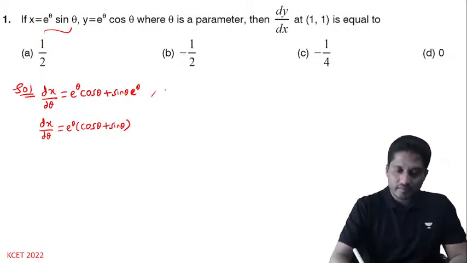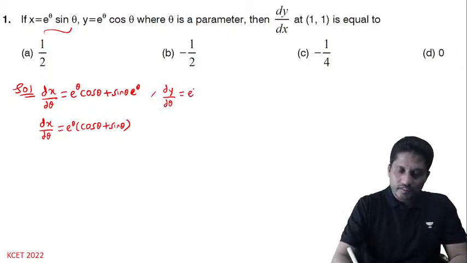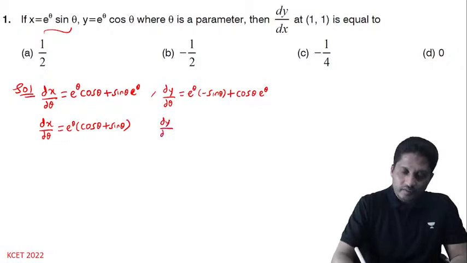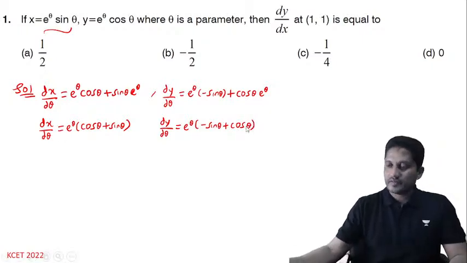Now similarly dy by d theta is equal to, first function is e power theta, differentiation of cos is minus sine, plus second function is cos, and differentiation of e power theta is e power theta. dy by d theta is equal to, I take e power theta common, so this becomes minus sine plus cos. Right, now let us divide. If I divide this, dy by dx will be equal to,